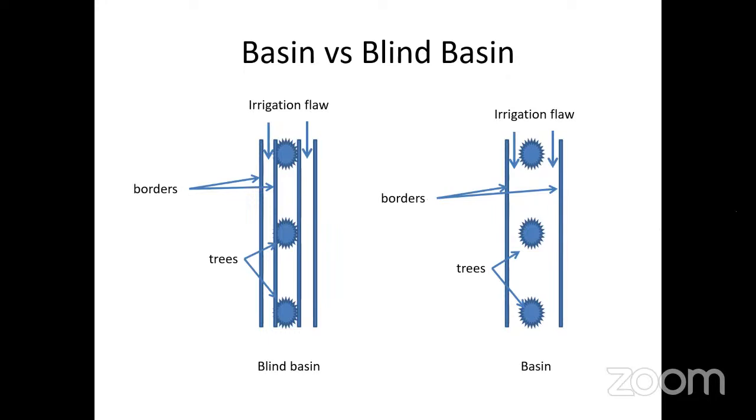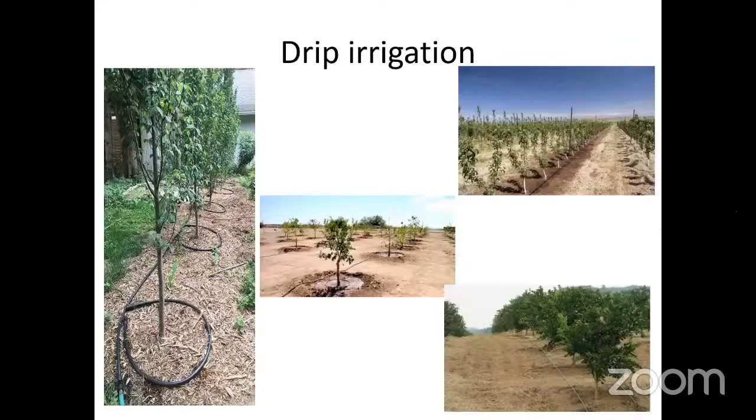Yes, Professor. But with what you're showing there with the blind basin, that's different from the furrow one, right? So that's the one that shows the lines. Is it this one at the bottom? Yes, because in the blind one, you are making only those two lines. But with the furrow, you make as many furrows as you can based on the planting distance. If you are planting 6 by 4, you have 6 meters in between, and you can make even up to 5 or 6 lines.